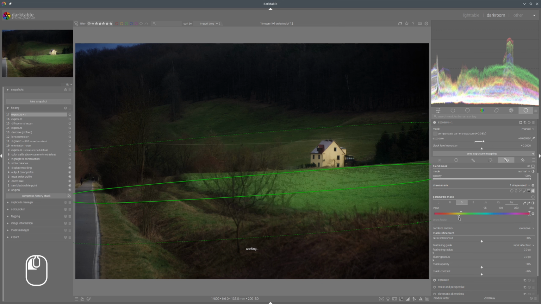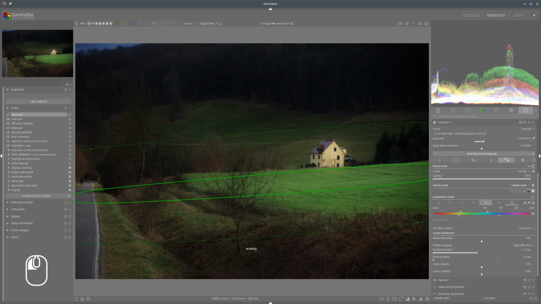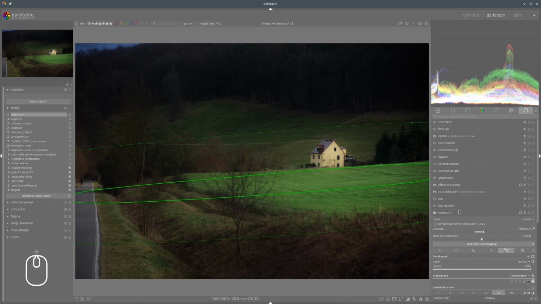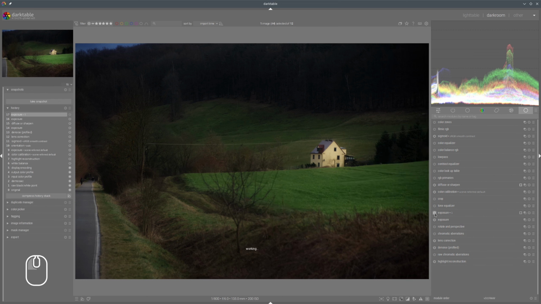So let's say we're going there and there, about there. Of course we need to feather that so that we don't lose the details. And let me see before and after. Yeah, that is quite a nice improvement